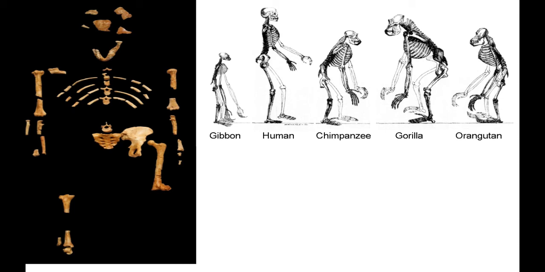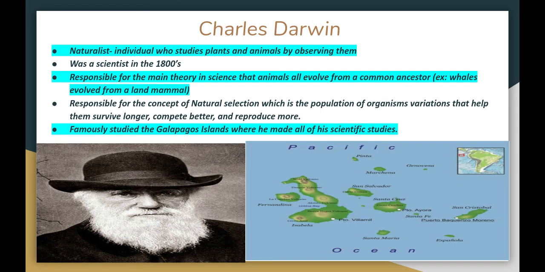And they put Lucy in the family of human species because they noticed her hips and they noticed her legs were more related to those organisms that walk in a bipedal motion or walk on their own two legs. So, Charles Darwin, he was a naturalist. Okay, so he was the scientist who made discoveries and made observations by observing things. Okay, he came up with the idea that animals evolve based on natural selection or based on different aspects of survival in their environment. So he studied the Galapagos Islands.